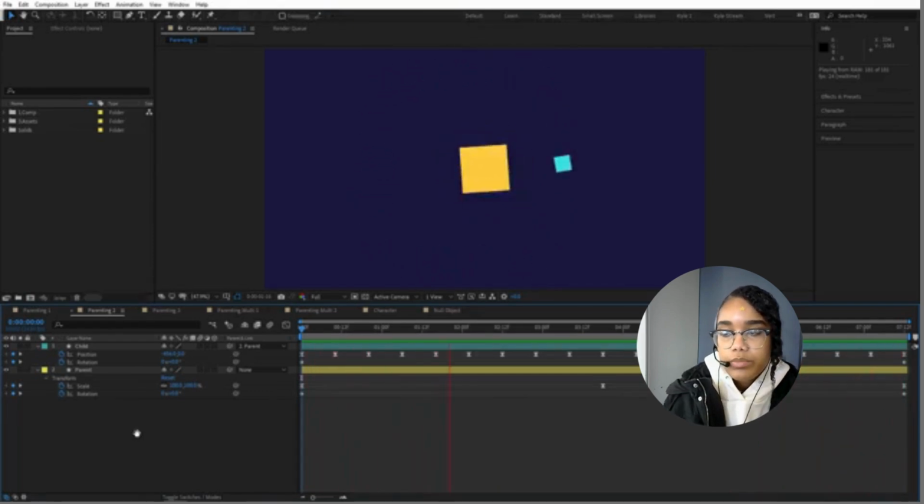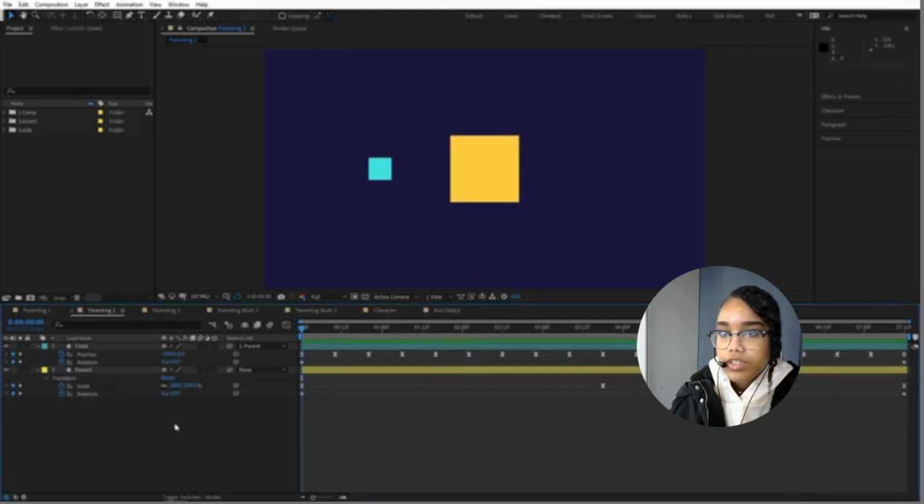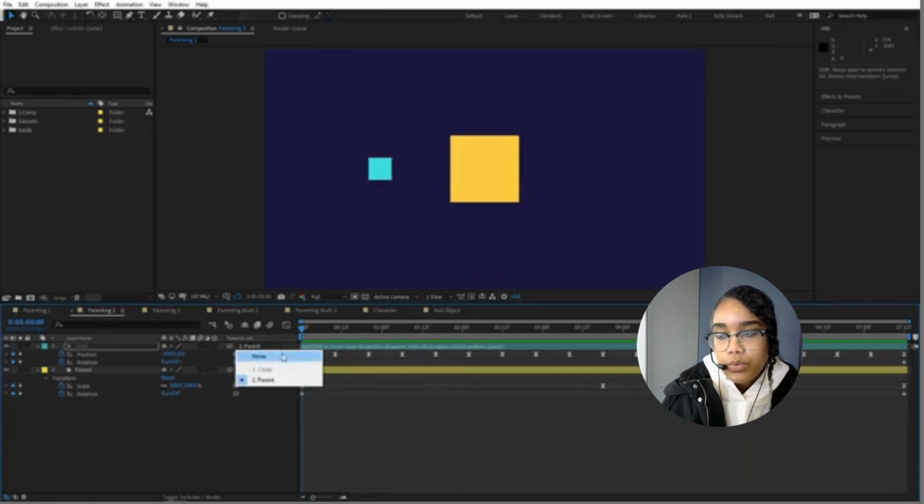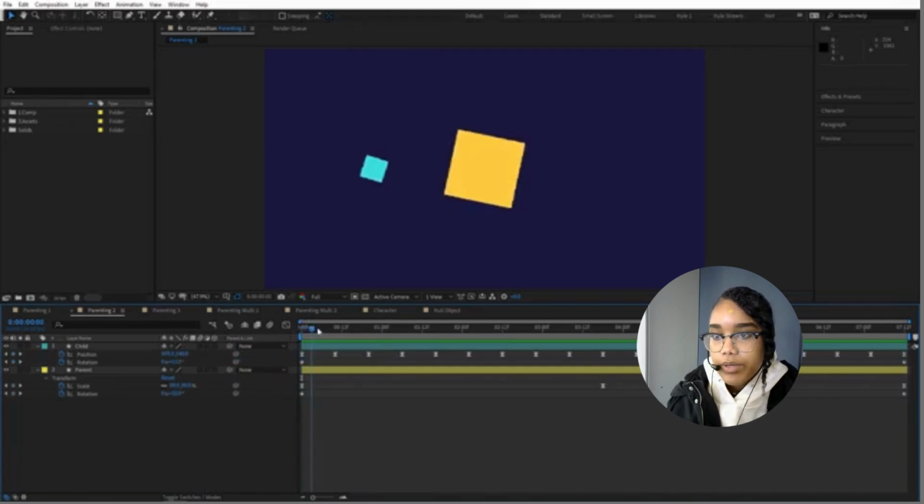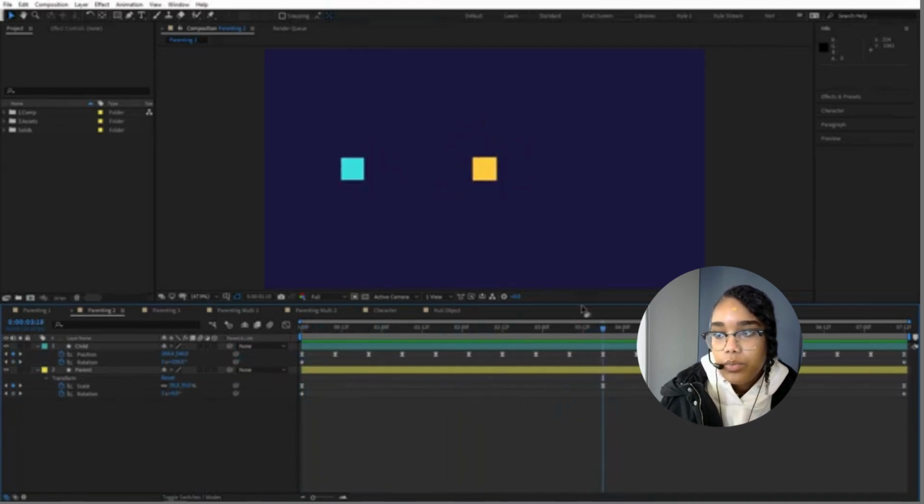I should point out that when you parent also matters, because the child is inheriting these relative transform values at the frame when you create that parenting relationship. In this case, the yellow one had gone to the middle frame of the composition, where the parent's scale will be much smaller, and then